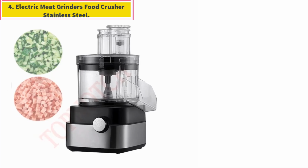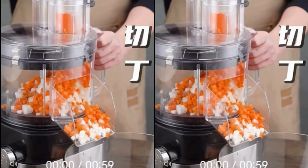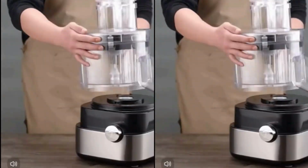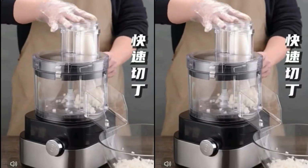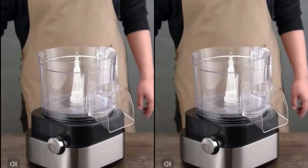Number 4. Electric meat grinders, food crusher, stainless steel multifunctional electric slicer, vegetable cutting machine, carrot potato dicing machine, shredder, cucumber dicer, meat grinder. Voltage 220 volts/50 Hz, power 600 watts, capacity 5000 milliliters, material PC plus stainless steel, weight 4.5 kg, function